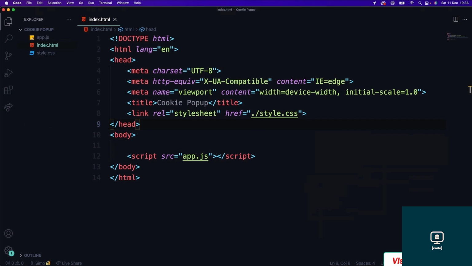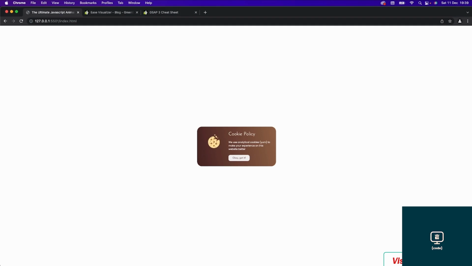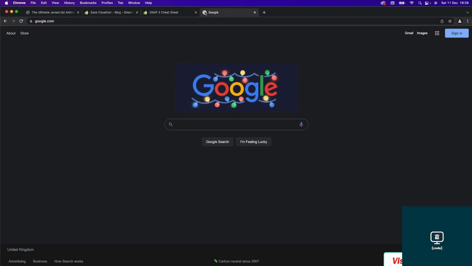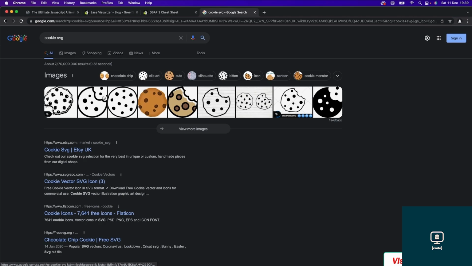So let's get that SVG in. So how are we gonna do that? Well, we're gonna go over to, let me open up Chrome here. And I'm just gonna Google cookie SVG. Again, if you don't want to do this, it's already gonna be in the starter files, but I